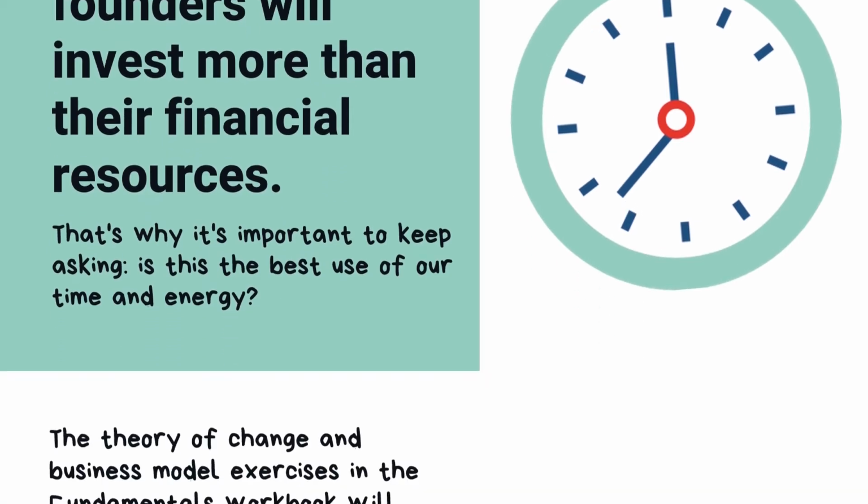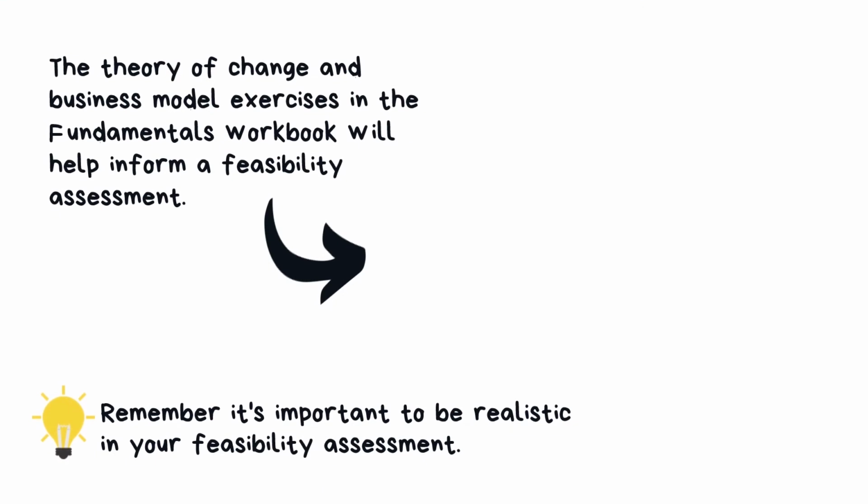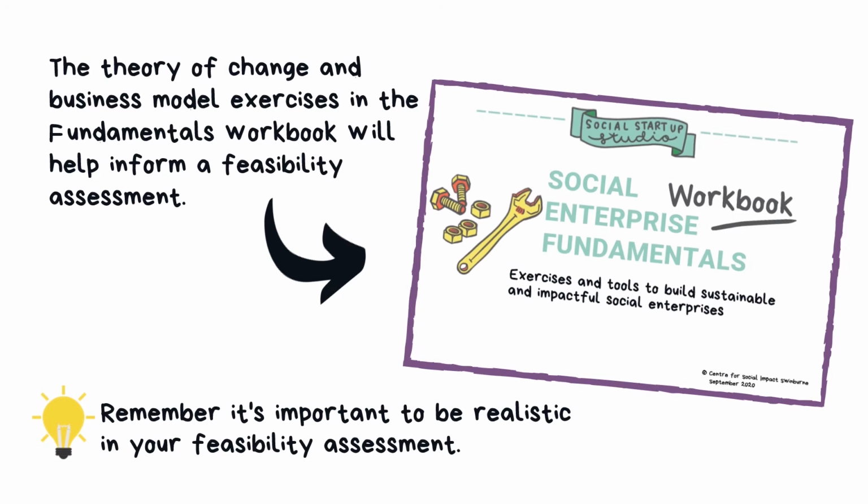In our last video, we discussed using the analysis and estimates exercises from the workbook to help inform these decisions. Information gathered as part of developing the social enterprise's theory of change and its business model will form the basis of the feasibility assessment at this stage. We covered how to do this in our first video for this topic. What we wanted to highlight here is the importance of being realistic and honest with yourself at this point. There is a fine line between being passionate and enthusiastic about an idea and what it can achieve, and being so optimistic that in the end, it actually risks causing harm.